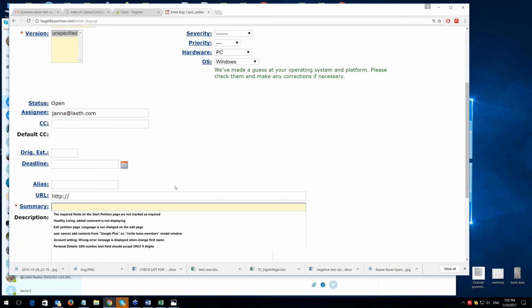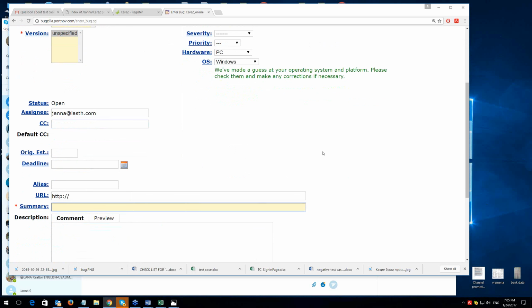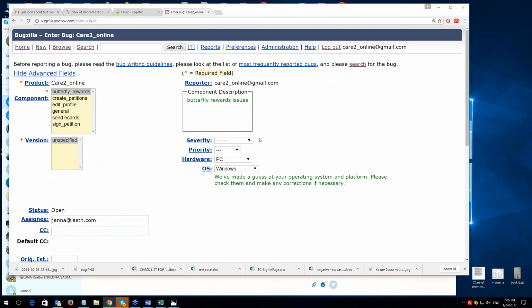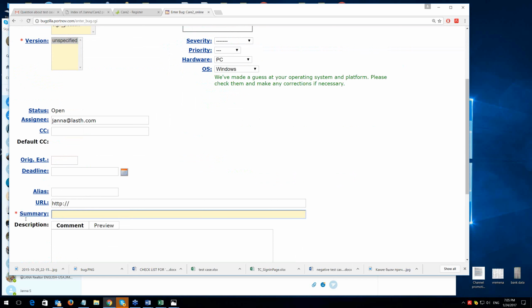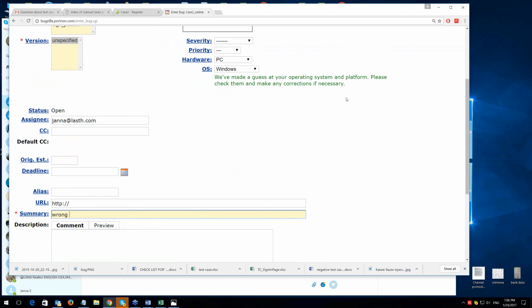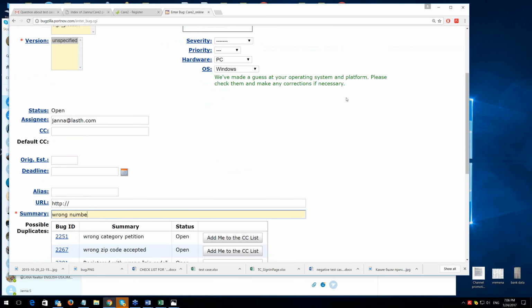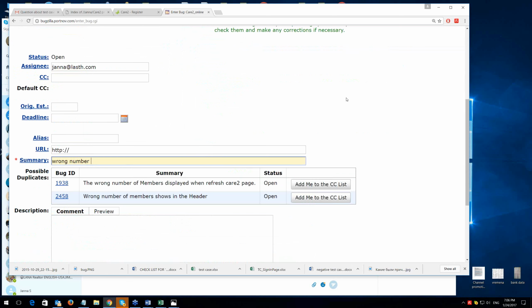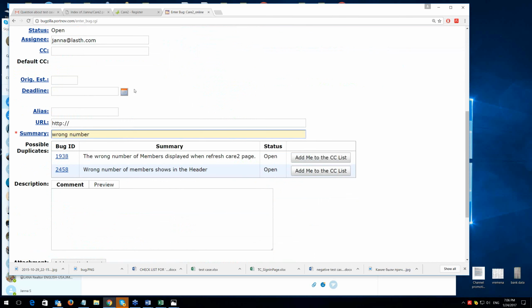Okay, so let's try to write at least one bug. This is for butterfly rewards, and I want to write something like "wrong number". And look at what I see as I just started to type. Can you imagine how smart Bugzilla is?